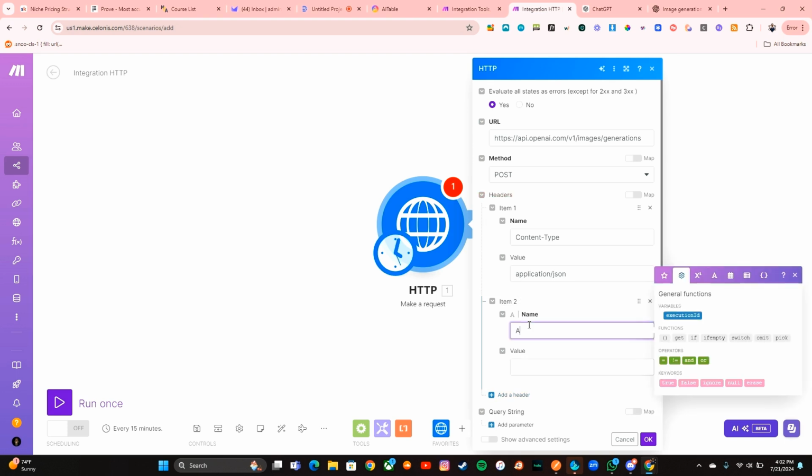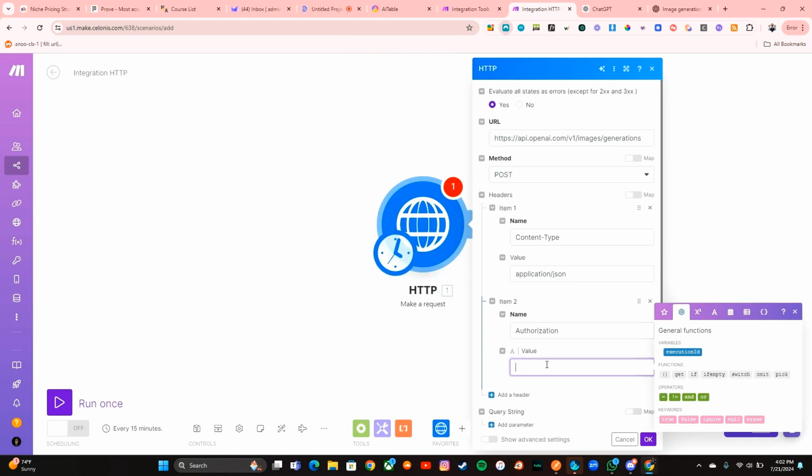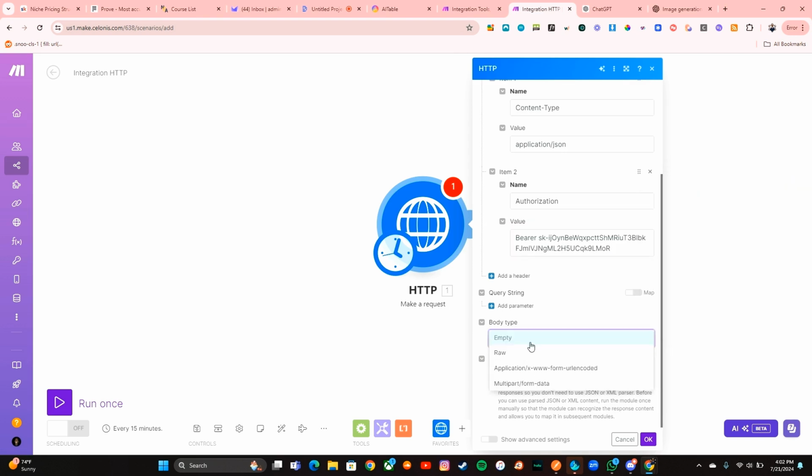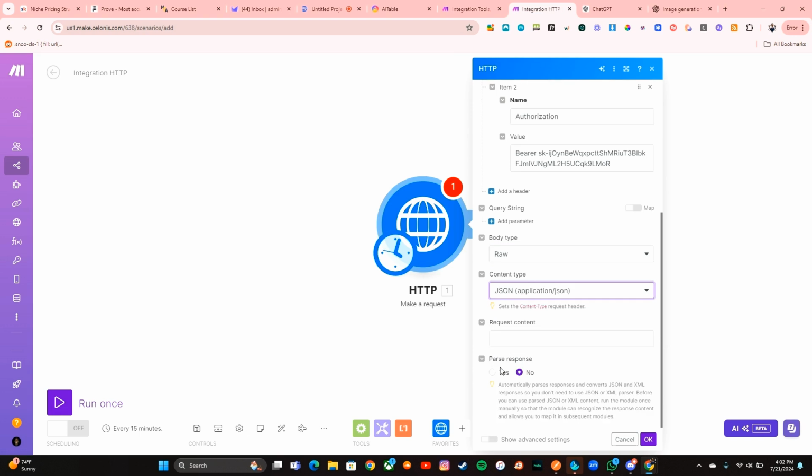And then this is authorization, and this is going to be your API key from OpenAI. Once again, if you try to take mine, it will know. You need to make sure you type in Bearer and then paste that. Your body type is going to be raw, and it's going to be JSON.